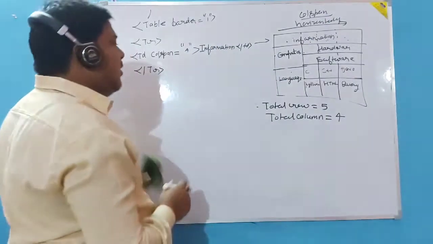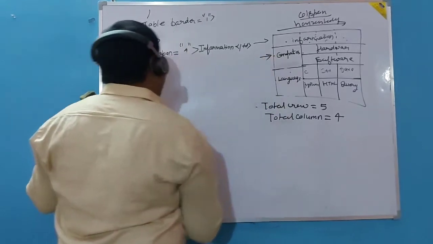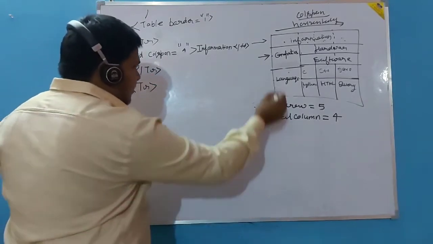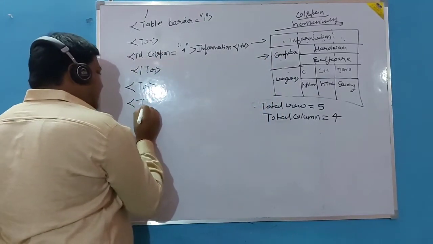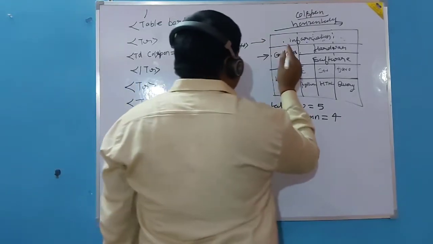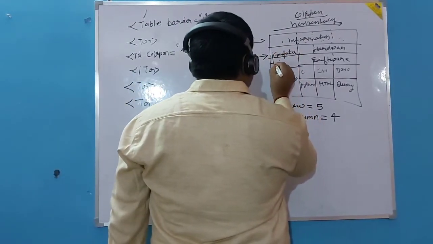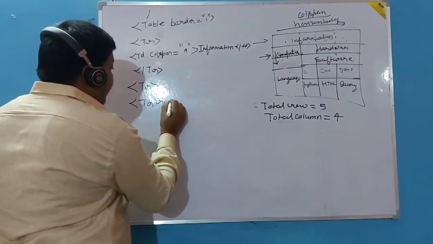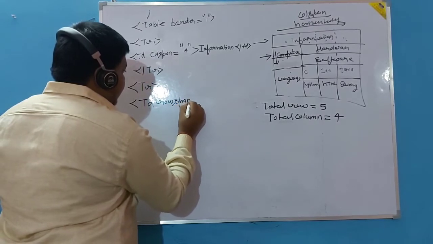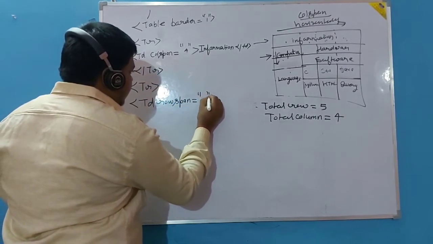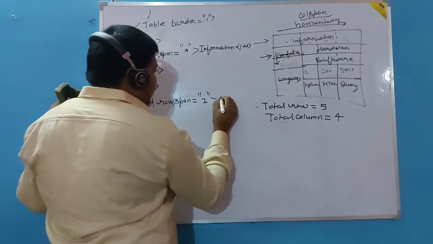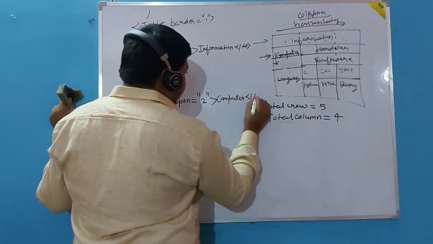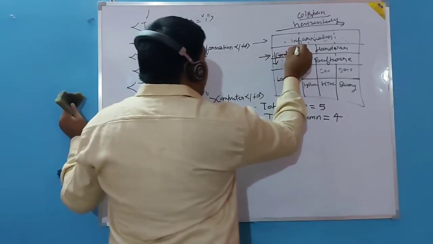Clear? Now come to this one. Second row, TR. Now we are going to write for this, so I will use definitely TD. But in this, 2 cells are merged, and these are merged vertically. So what will I write? TD rowspan is equal to 2. And then what information have I represented? Computer. Then I will close the TD. This cell's work we have done.